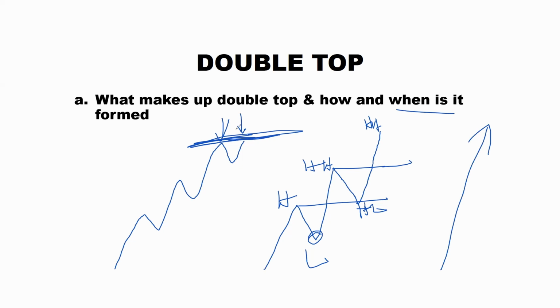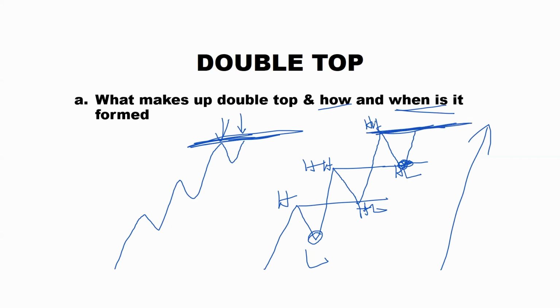But remember, we just said that a double top is created at the end of an uptrend. Now, we have answered the when, right? At the end of an uptrend. What about the how? Now, when the market comes and retests this previous higher high to make a higher low, right? What do we expect the market to do? We do expect the market to give us a new higher high. Remember, we have said the market is creating higher highs in an uptrend. But the moment the market fails to give us that higher high and instead comes and is held at this